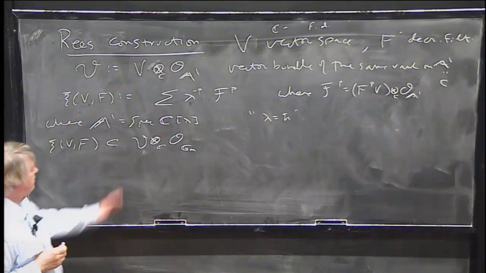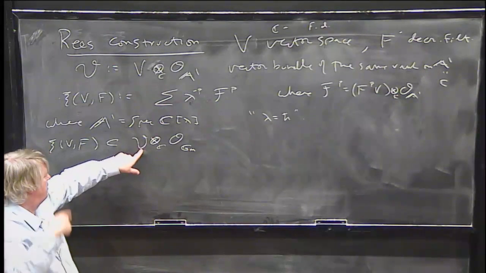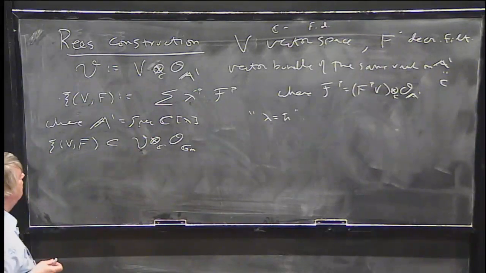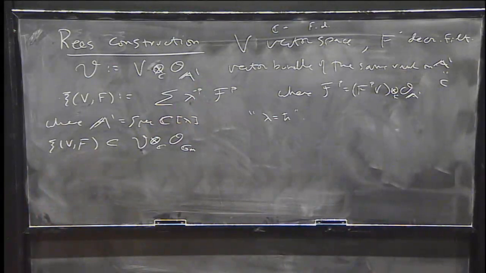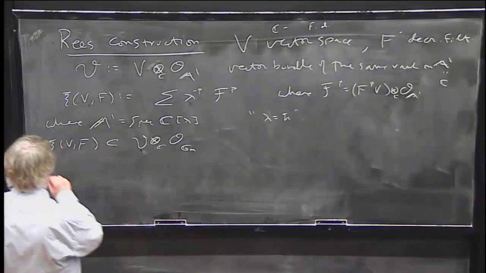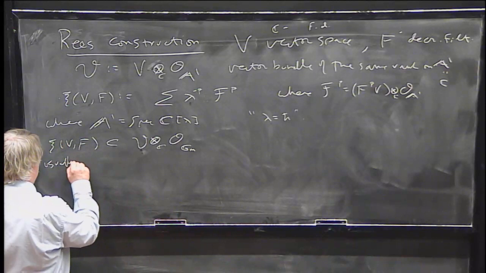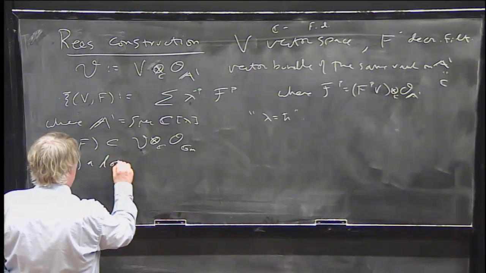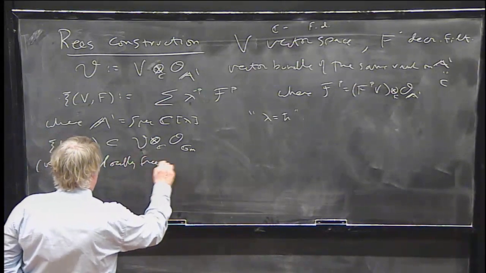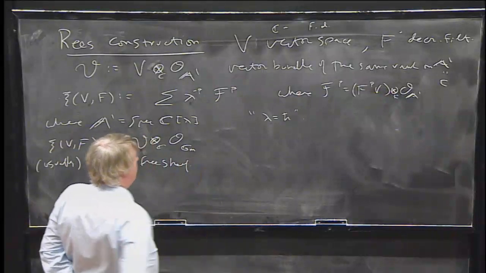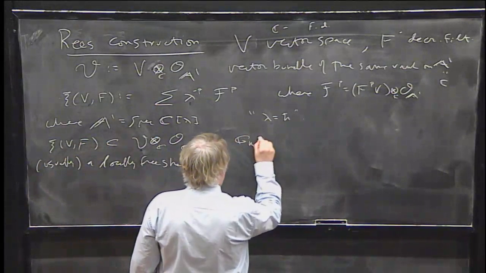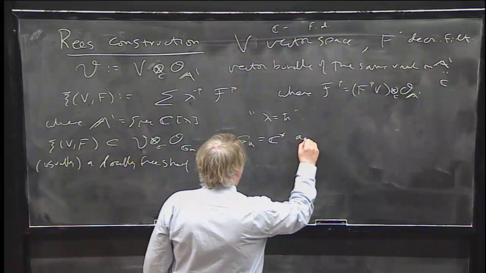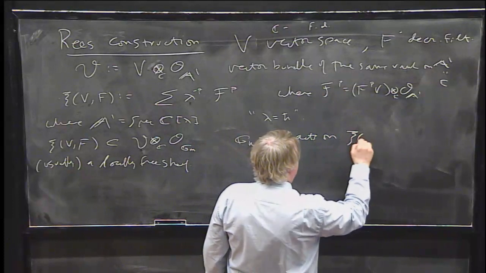In other words, this is sections of this bundle that have poles of some order at the origin, because here I multiplied by possibly negative powers of lambda. But this is usually a locally free sheaf. And in fact, also G_m, which is C star, acts on this thing, C of V, F,